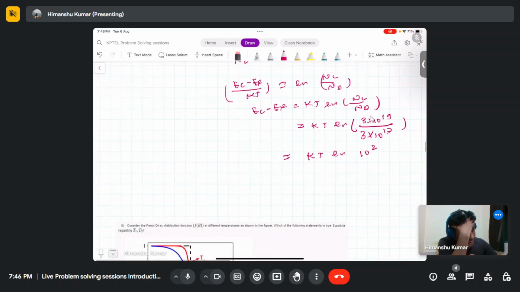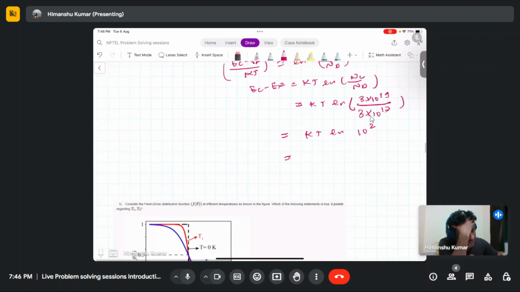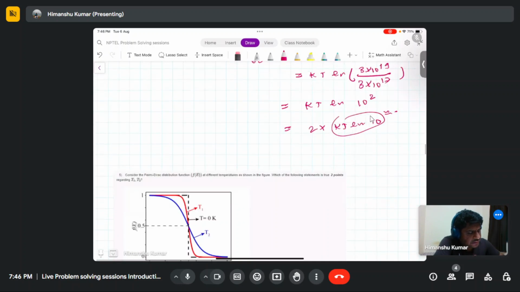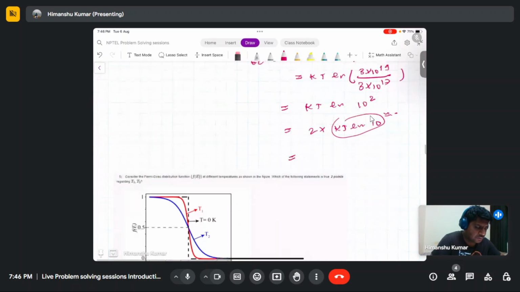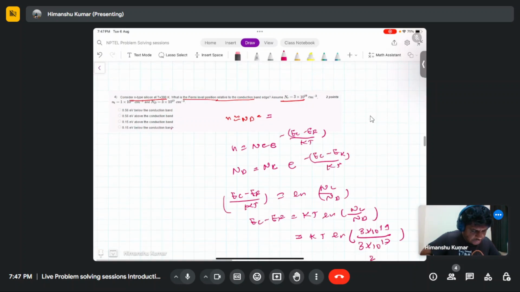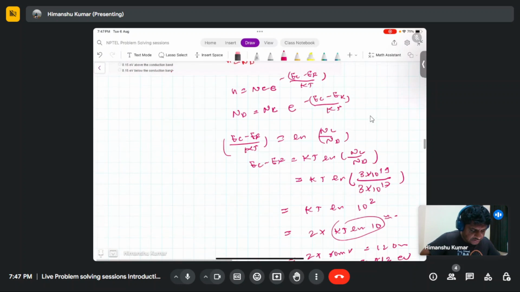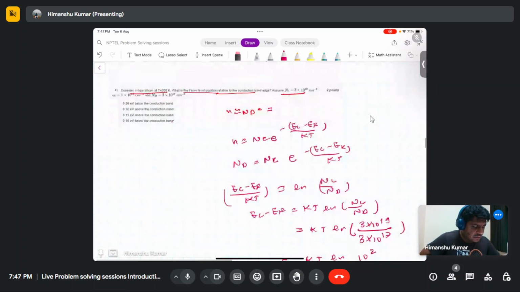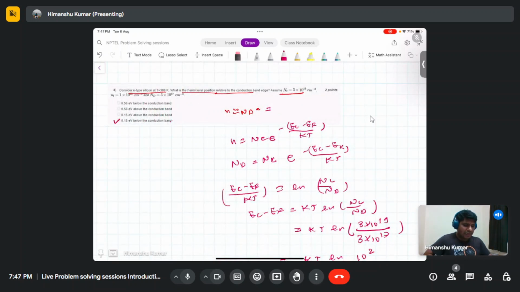Then this is 2 multiplied by kT ln 10, and this is approximately 60 millivolt. So it will be 2 multiplied by 60 millivolt, which is around 120 millivolt, so the approximately correct answer you can consider as 0.12 electron volt below the